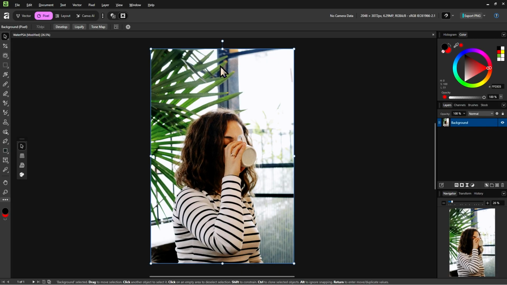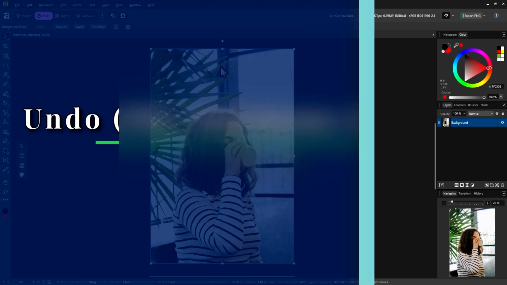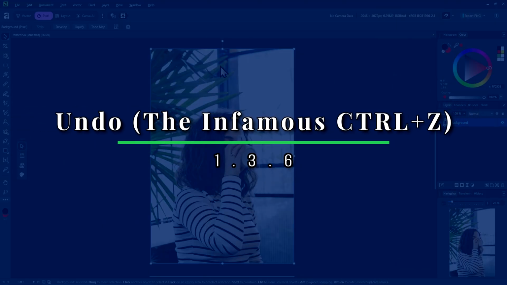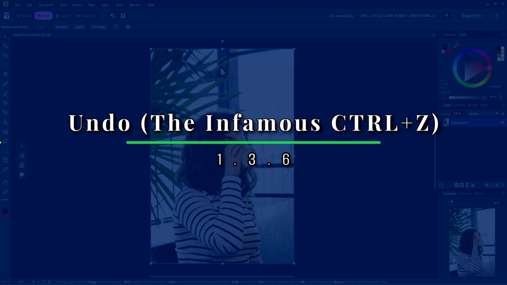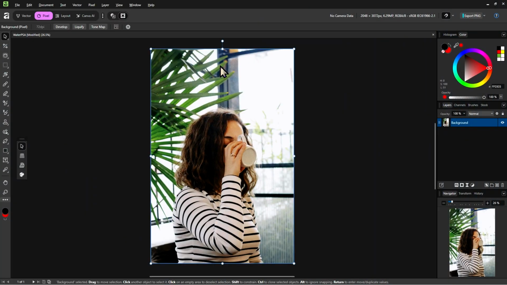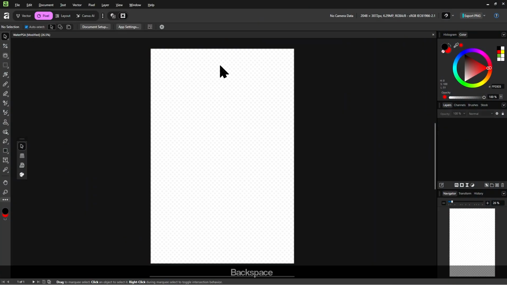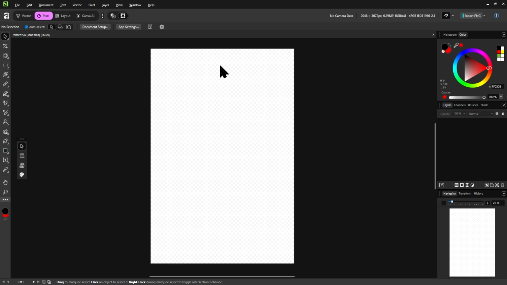Now, we are only left with this one object, this image. But what if I also accidentally delete it, just like I did all the other objects? Well, that's clearly not what I wanted to do, because we need this image for our water PSA.